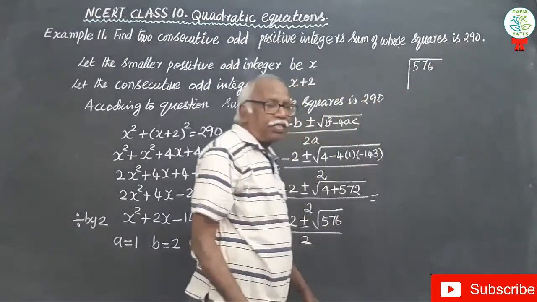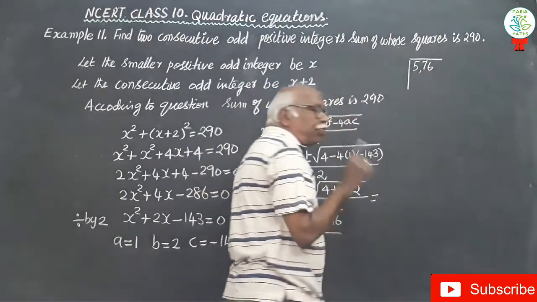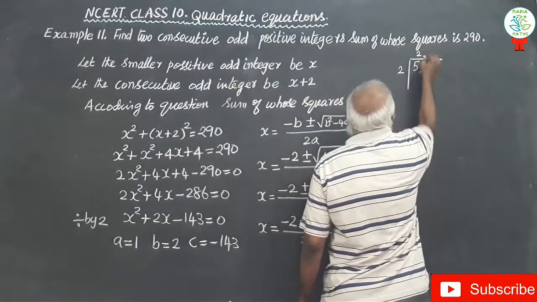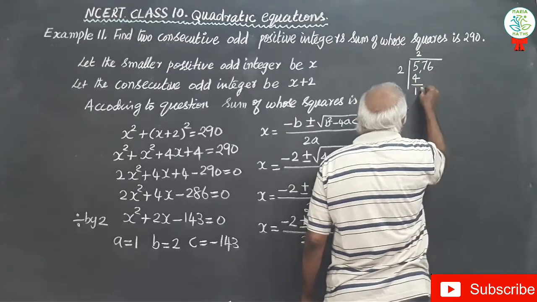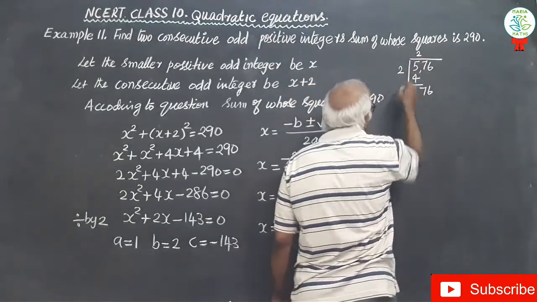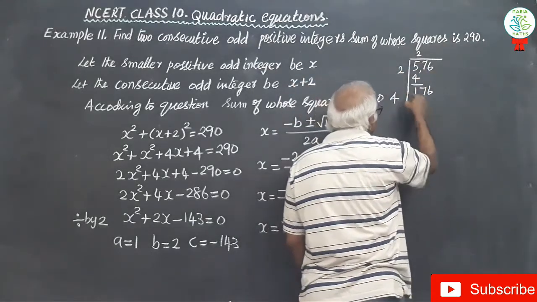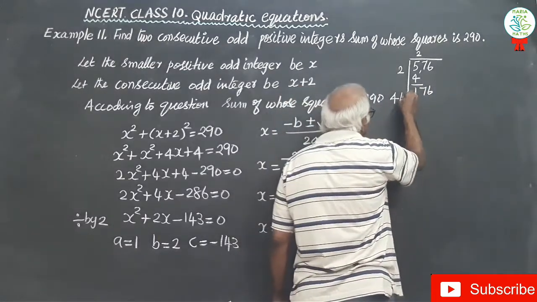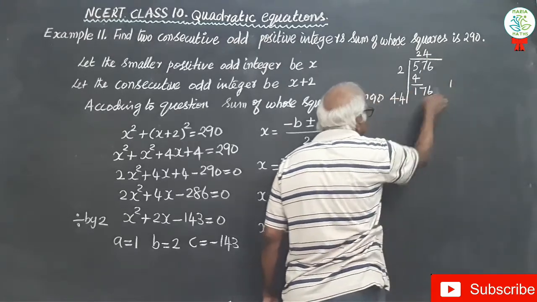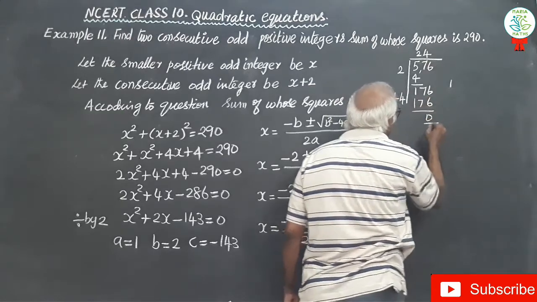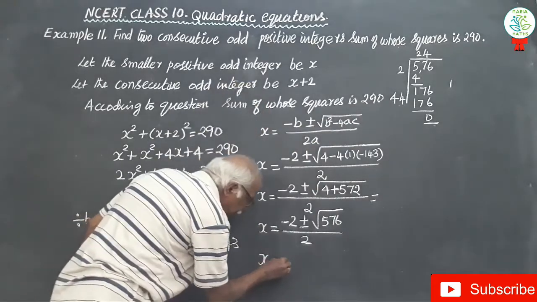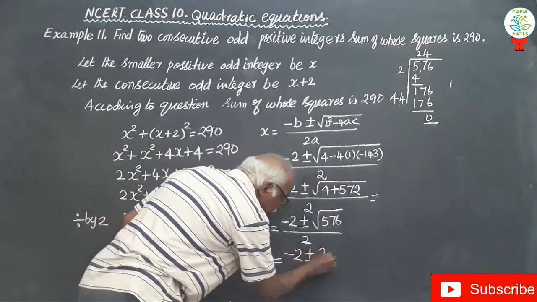லாங் டிவிஷன் நம்பர்னா ஃபர்ஸ்ட் இங்க இருந்து ரெண்டு நம்பருக்கு இப்படி எடுத்துட்டு, இப்போ 5 ல வாட் இஸ் தி மினிமம் ஸ்கொயர் ரூட் இஸ் 2 into 2 4. ஸோ இங்கே 2, இங்கே 4, அப்போ இங்கே 1. இப்போ 2 நம்பர் 76 you have to bring. இப்போ இந்த 2 2ஆல் மல்டிப்ளை பண்ணால் 4, அப்போ என்ன நம்பர் போட்டால் இங்கே 176? 4 but put here also 4, 4 into 4 16, remainder 1, 4 into 4 16, 16 plus 1 76, 0. Therefore square root of 576 is 24.